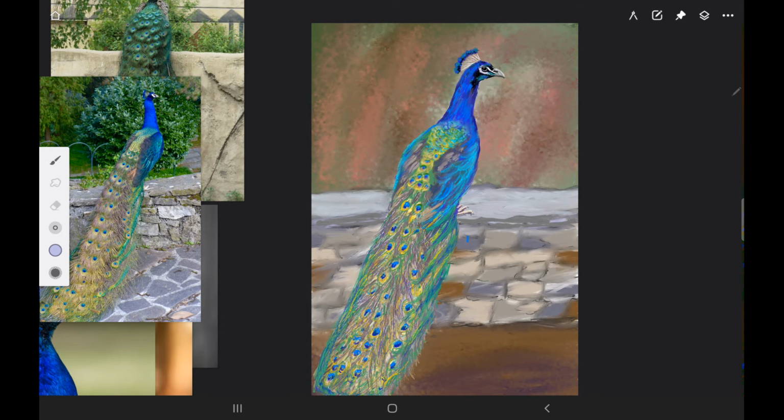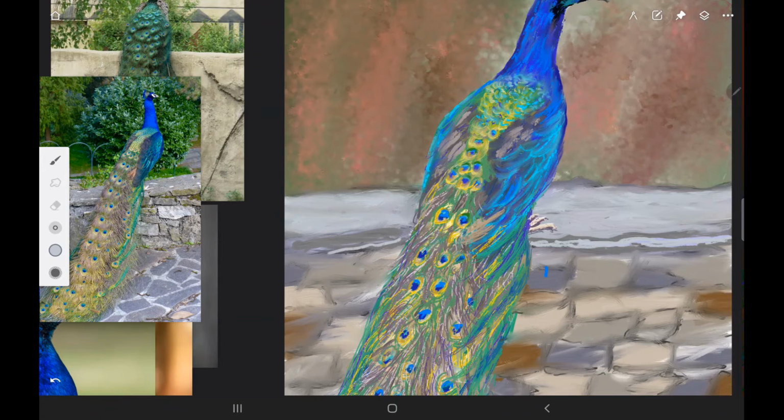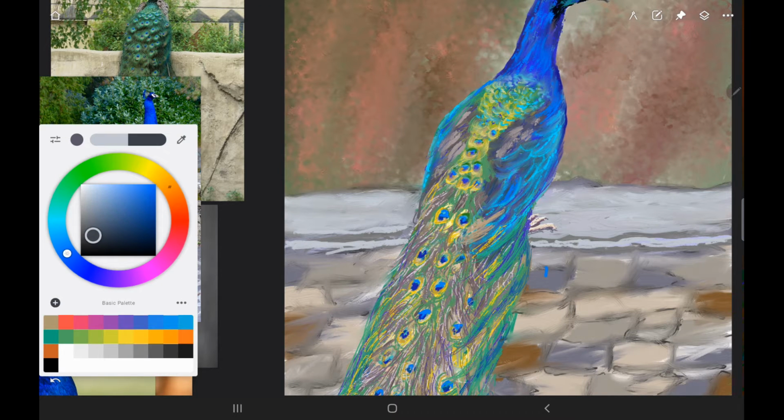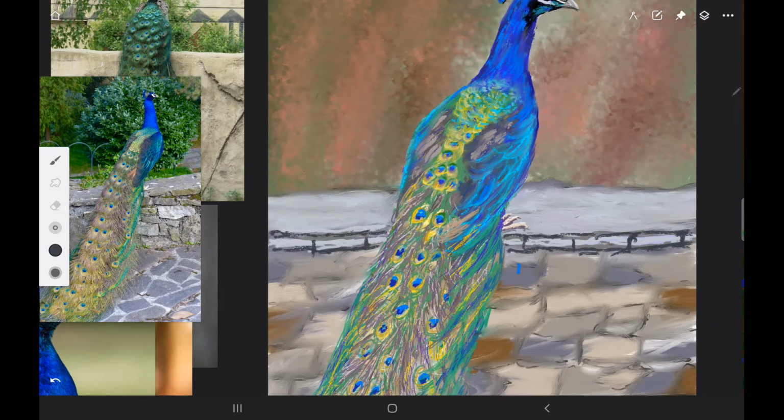We're going to be using Infinite Painter for Android, and here I'm just finally putting the last touches on the rock wall that the Peacock is sitting on. And here I want to go ahead and show the little rocks that are put underneath the big giant slab that the Peacock is sitting on. So I'm adding some little lines there and just painting in the edge of the big rock slab that he's